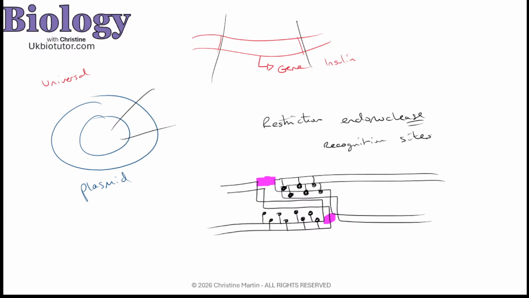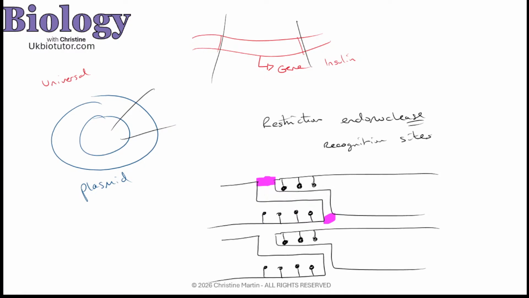So what it then means is if I take this and do it again, but this time I'm going to ungrip them. I'm going to put these two together. I'm going to make these red. There we go. So now we've got red ones, and the red one is part of the human insulin gene. And so by doing this, if I've used the same restriction endonuclease, I'm going to have the same sticky ends, which means that they're going to be able to come together, forming the hydrogen bonds because they complement each other.